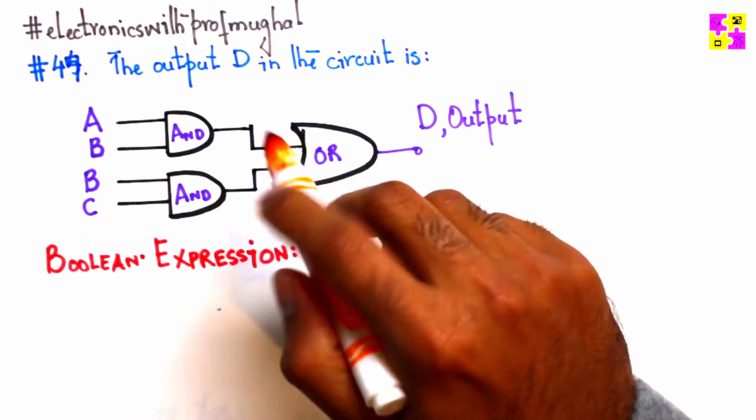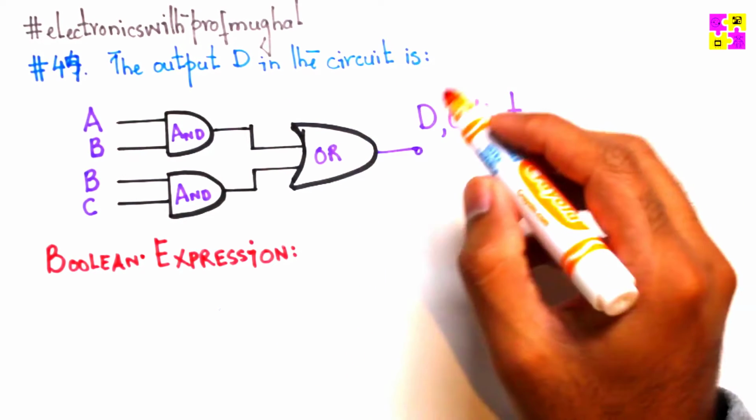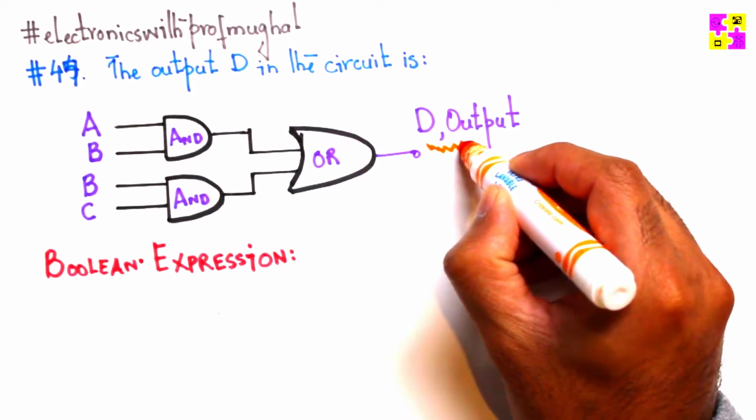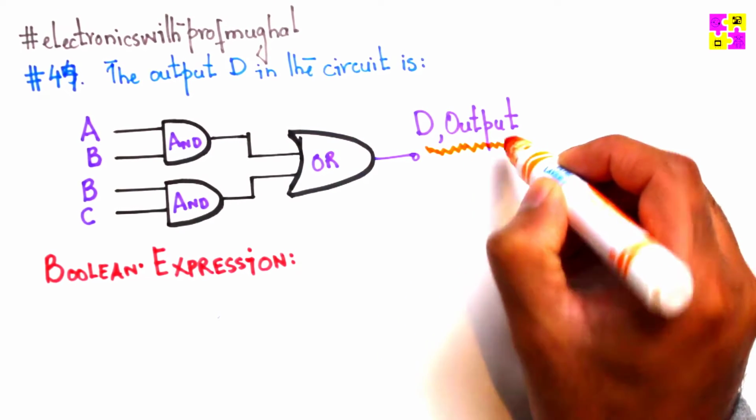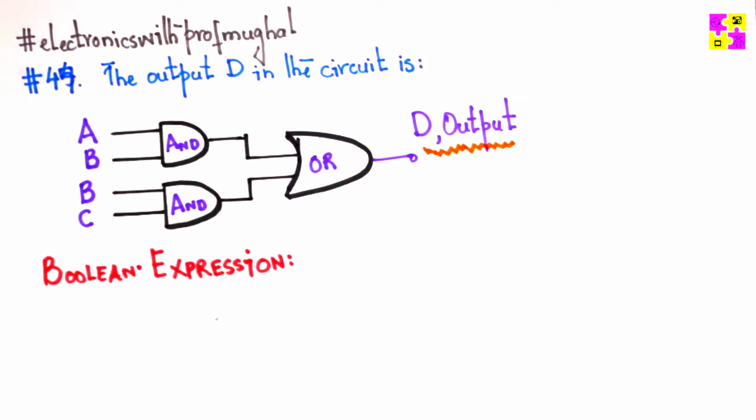The output D in the circuit. We have to find the Boolean expression for the output function D. Okay, just to make things easier, we'll try to put some expressions right next to the circuit so we know